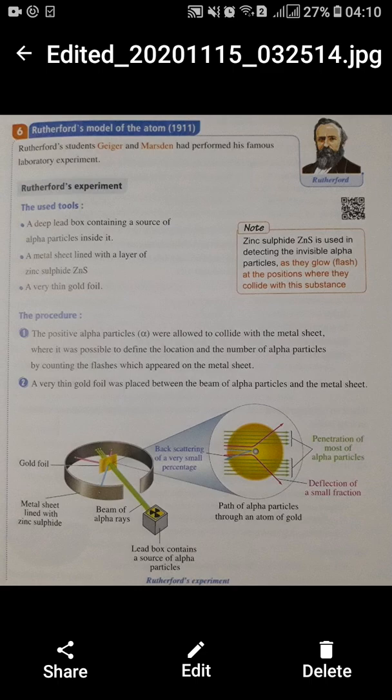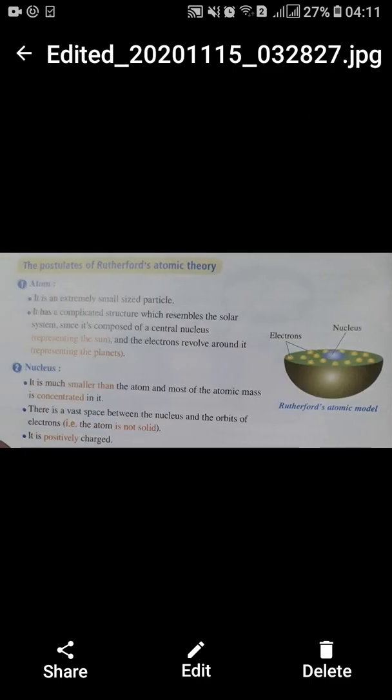Now, number 6, Rutherford atomic model. Rutherford, by an experiment with his students Geiger and Marsden, proved that the atom is not a solid sphere anymore. We have a space inside it. He carried out this gold experiment, and at the end we get its atomic model, which is like